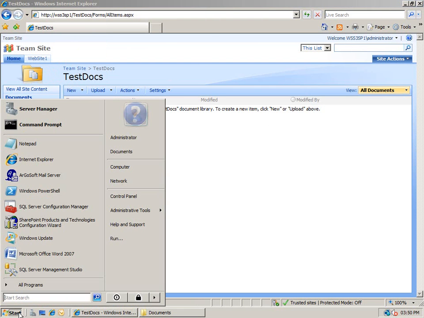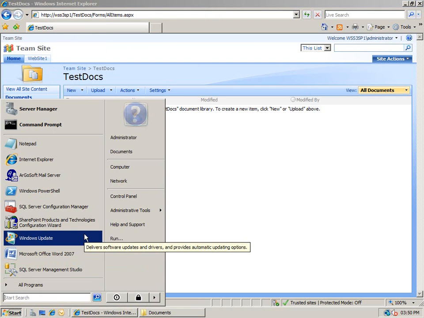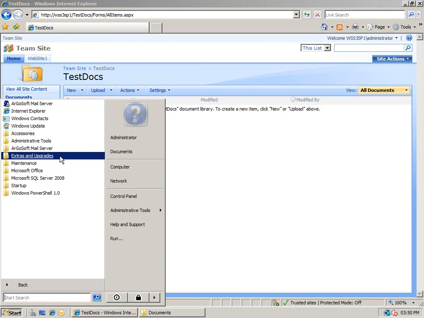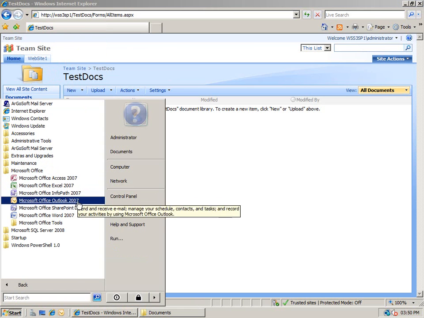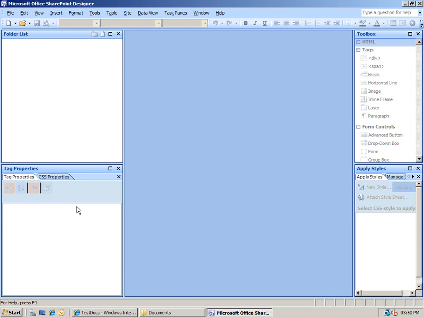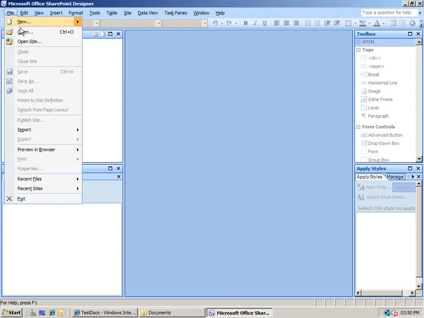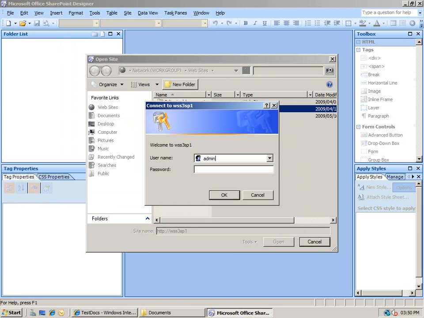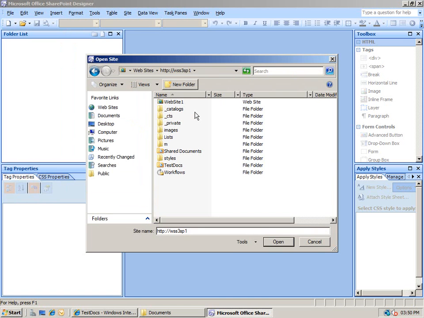The other way is to use the Office SharePoint Designer tool. So I'm just going to copy the URL because we're going to log into the same site using SharePoint Designer. So let's load it up here off the Start menu, and then I can go ahead and open the particular site that we were just looking at. In fact, you can see it's saved there. I've opened it up before, so let's just connect to that,